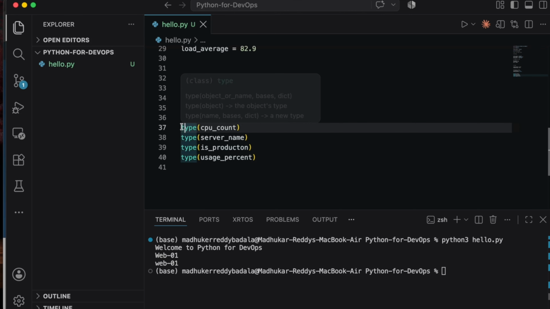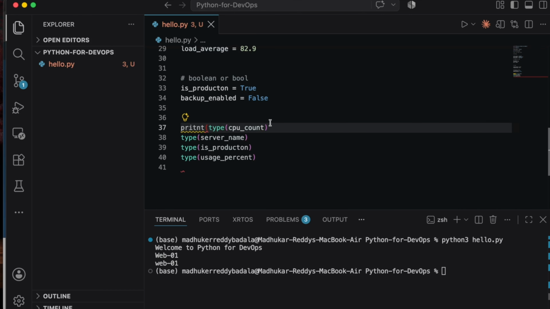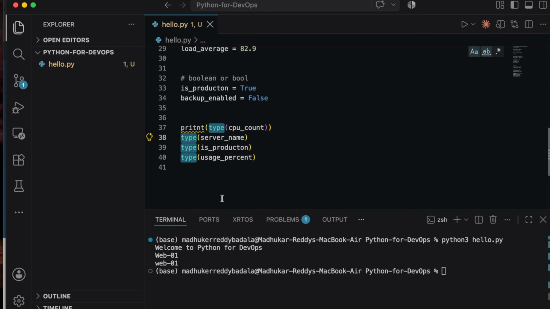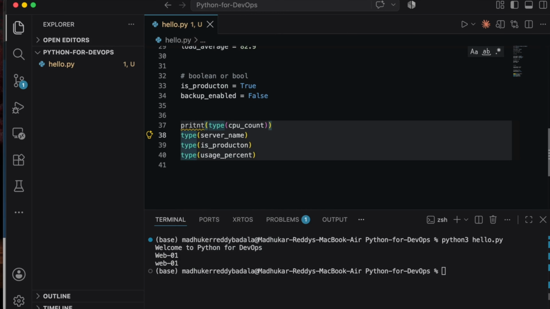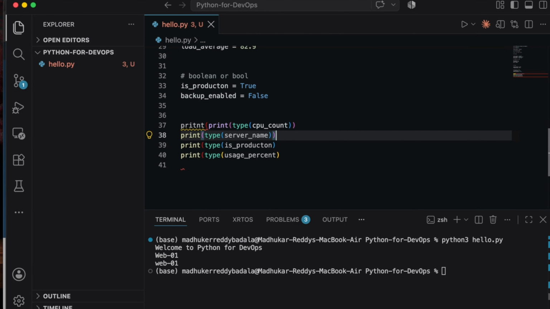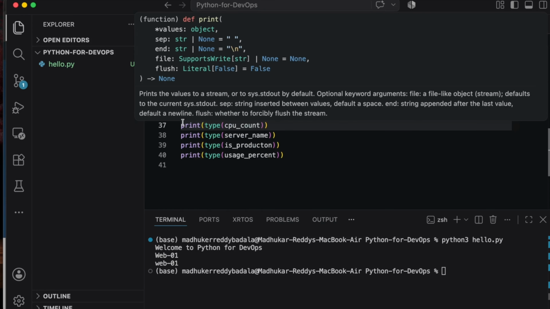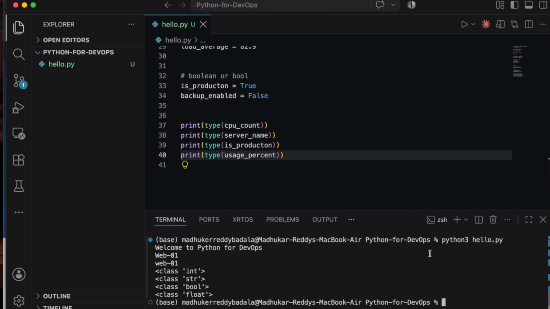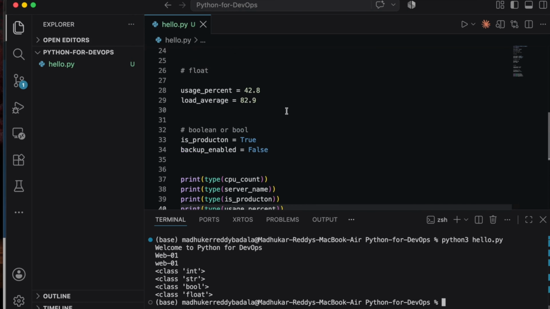So let's print this one. Print, I just want to print it. So you can do it this way. Make sure to balance these parentheses. Okay, here actually, let's get rid of this. That looks fine now. Now if you run it, you can see this one is integer, CPU count, because